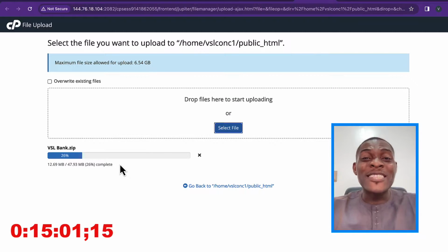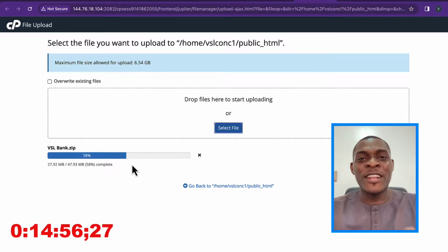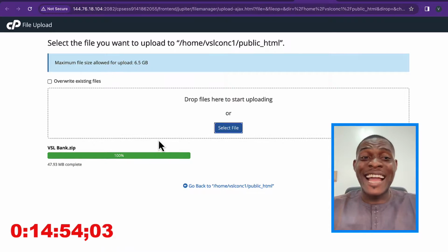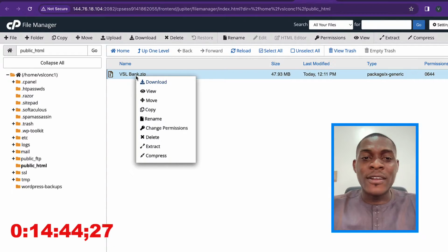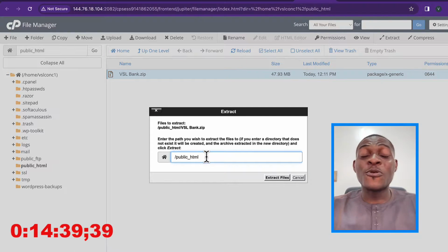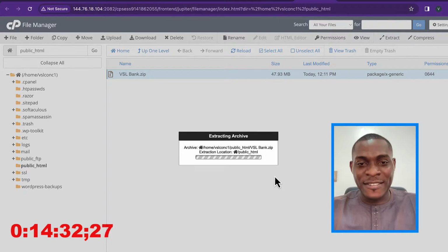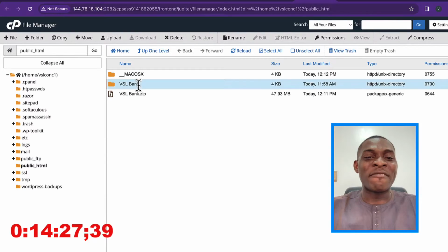Now you have to wait until this file turns green before you know that it has successfully uploaded. As you have seen, guys, the file is now green. So click on go back to home and then the next thing to do, this is the file. Click on it, right click on it and then you click on extract. Now it is going to ask you, where do you want to extract this file? It is right here in the public_HTML folder. Click on extract files. Now after extracting, click on close and you are going to find the file that have